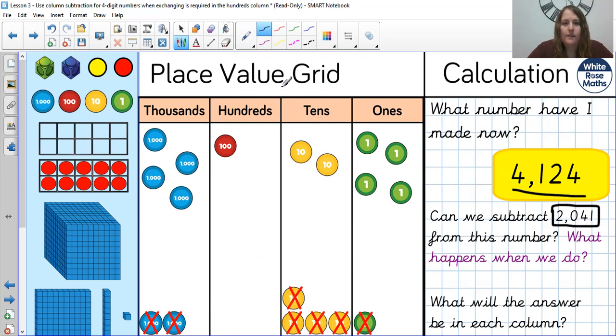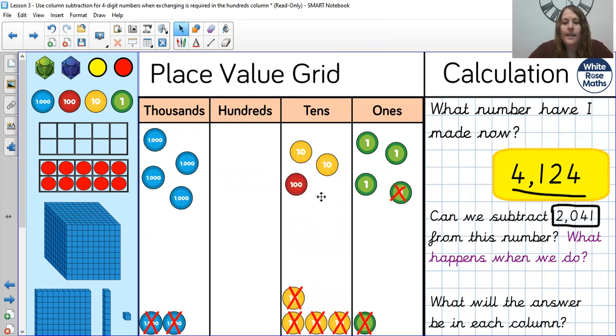So you can see I've got my 2 in the thousands, none in the hundreds, 4 tens, and 1 one down there. Okay, so we start off in our ones column. I need to get rid of 1 one. There you go. Then in my tens column, this time I've got 2 tens, but I need to subtract 4 tens, and I can't do that. So just like in the previous slide, I need to move my hundreds over into my tens column, and I'm going to need to exchange that for 10 tens. So I'm going to get rid of that 100 after I've moved it, and then put in